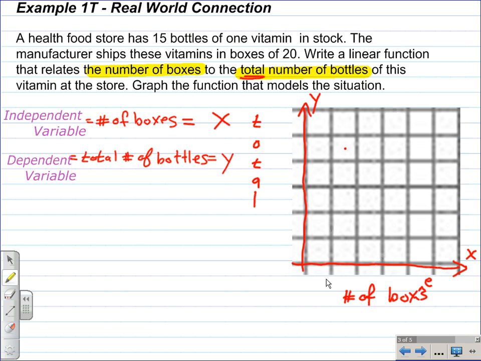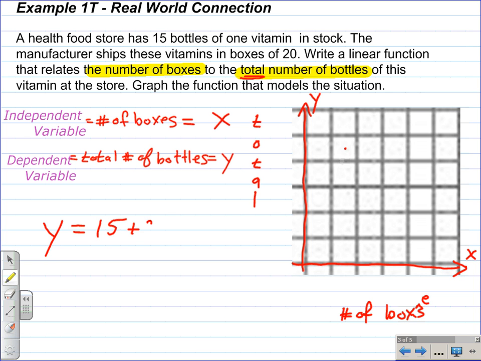Now, we need to number, well, first actually I guess we should write our equation. When writing the equation, you want to start with the dependent variable. Now, y in this case represents the total number of bottles. When I write this equation, I go back to the first sentence. A health food store has 15 bottles of one vitamin in stock. So the store has 15 bottles of the vitamin. So that's a part of the total. We're going to add that to